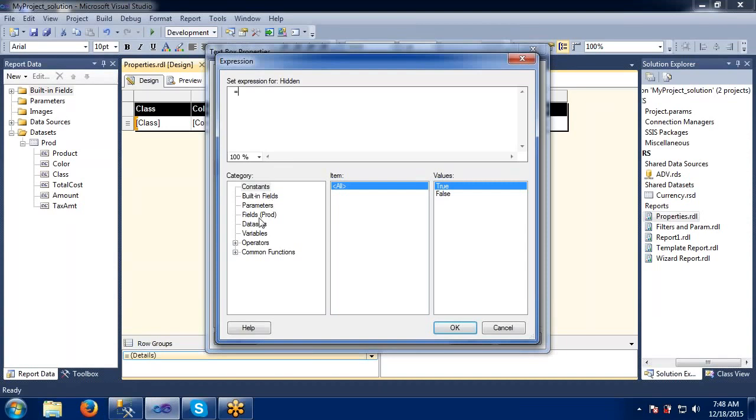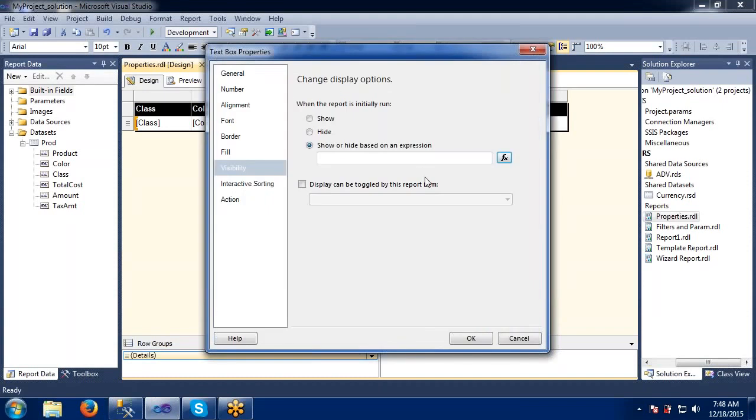That will be very helpful for you to understand these expressions. As of now we are not going to cover much on this, because I am going to take one session completely on expressions. At that time we will discuss more. But coming to this point, we can specify something here: if something is true, then display, or else do not display.